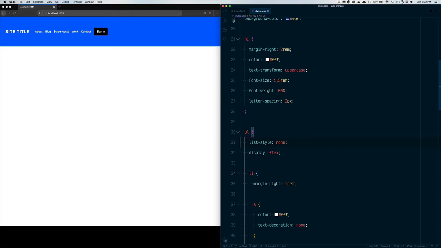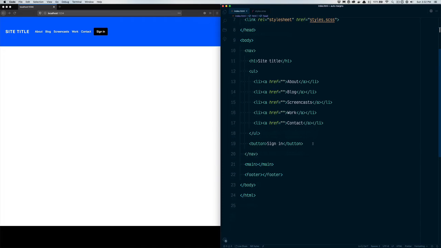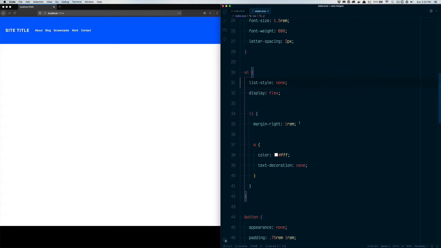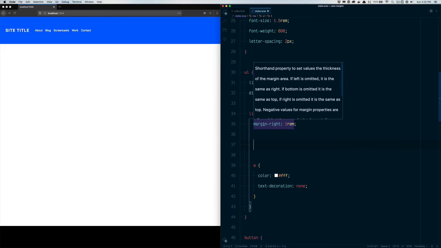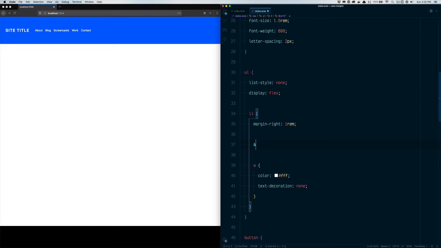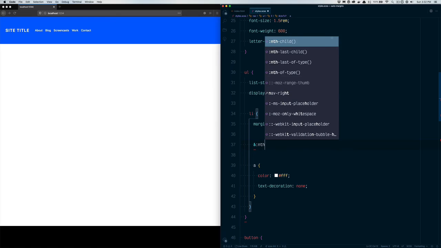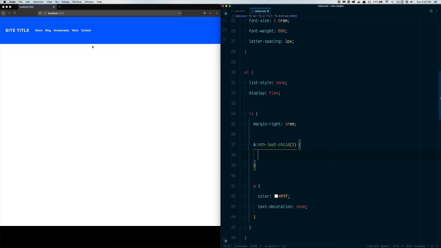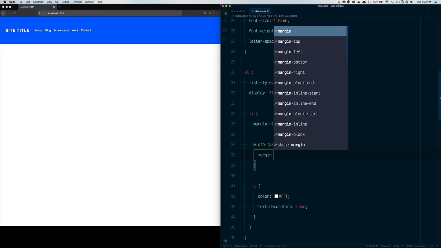Next, what we can do is go into our index.html file. Let's just comment out the button. And what we can do is go to our list items, which are these navigation links right here. We'll do an nth last child, and we're going to target the third element from the last item, so that'll be screencast. And then what we can do is apply a margin right